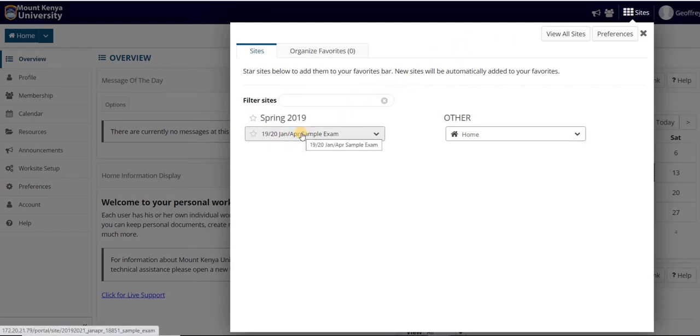So for example, the one that I have, we have the semester, January, April. This is the unit sample exam. So here for you, it will be reading the semester. Remember, we are taking last semester's exam. That is the January-April 2020 semester. That is why it indicates